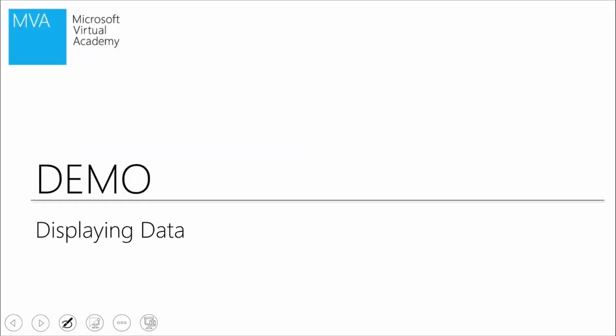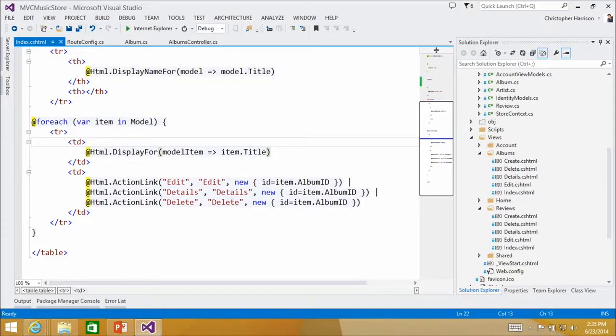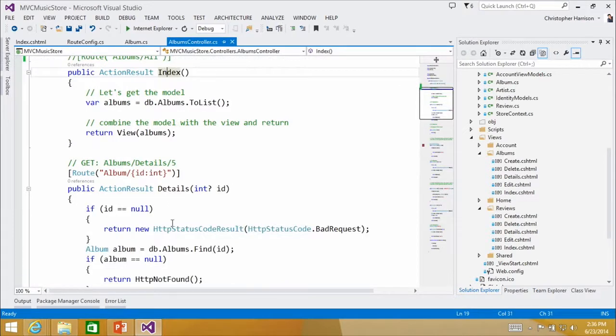So if I go back to Visual Studio here, and there we go. Perfect. Okay. So let's go in and take a real quick look here. And what you're going to notice is that there is our little DisplayFor. So if I had set anything up on title there, then what would wind up happening is it would read those attributes for me. Or if I go in and I look at the details here, let me just go in real quick,